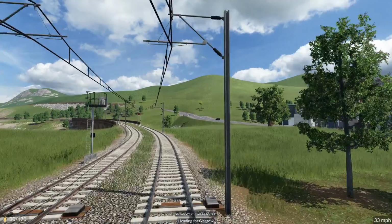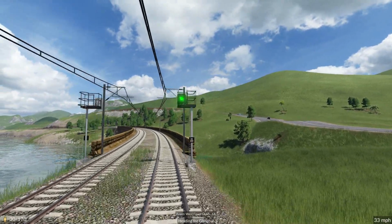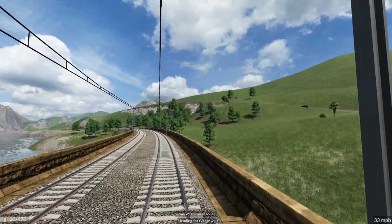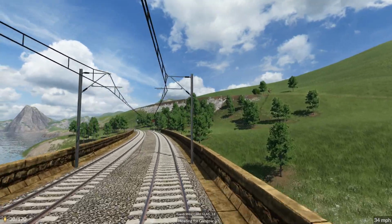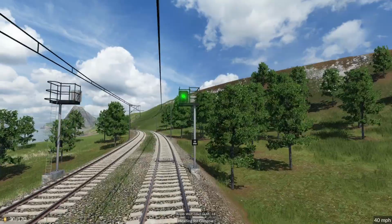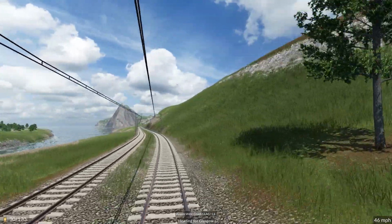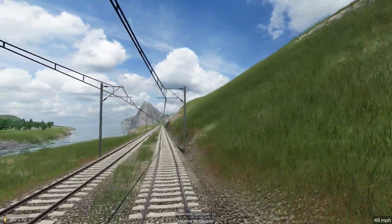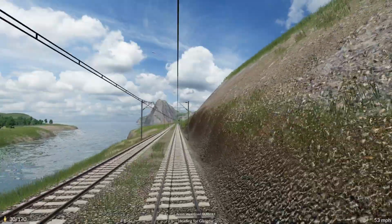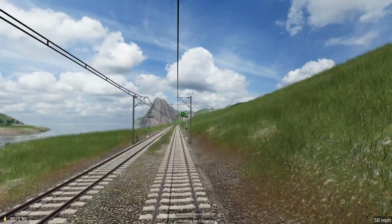Now I actually noticed that. I thought, what? I loaded up the previous save where I hadn't done any of the lines from Hull or the lines to Leeds, etc. Basically the stuff we did in the last episode, and it was running fine. So I did a little experiment. I rebuilt the stations the same as I had done in the last episode. So I built up York Station for the new lines, I built up Leeds Station, I built up Doncaster Station